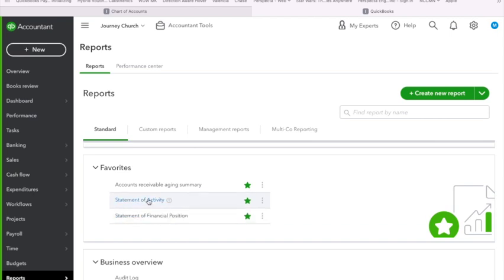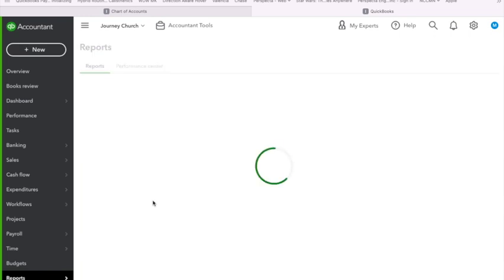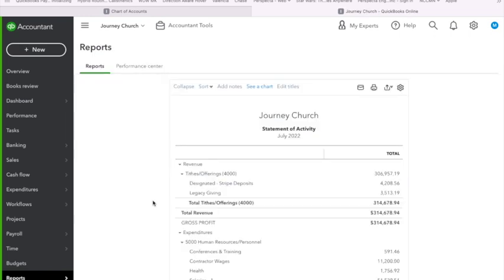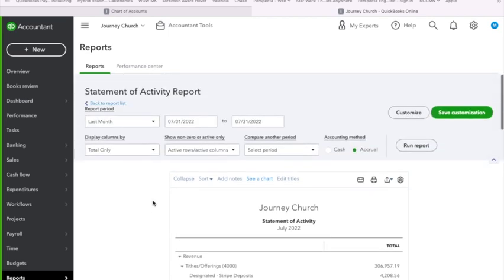Again, QuickBooks is dynamic, so we just click on the name. That will immediately generate the report that we're seeing here. The defaults are for a total only of last month, and we notice it says 7/01 to 7/31 for the period. Active rows only, and we can compare it to another previous period.